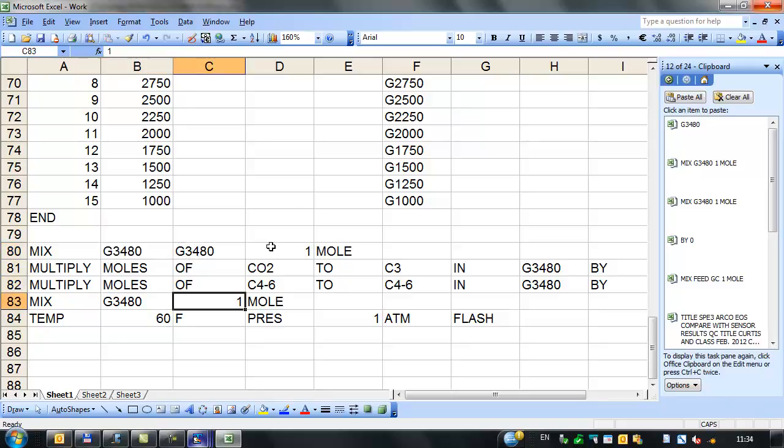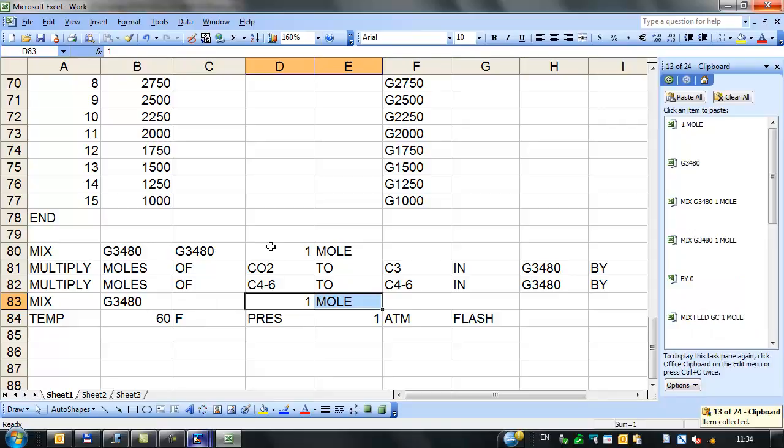Okay, this is, it has to look like that. It's making a new tank from the old tank. Before it was just making a new tank full of 1 mole of first component. So that's